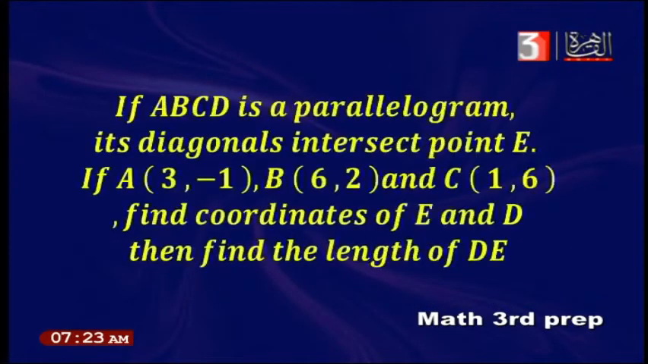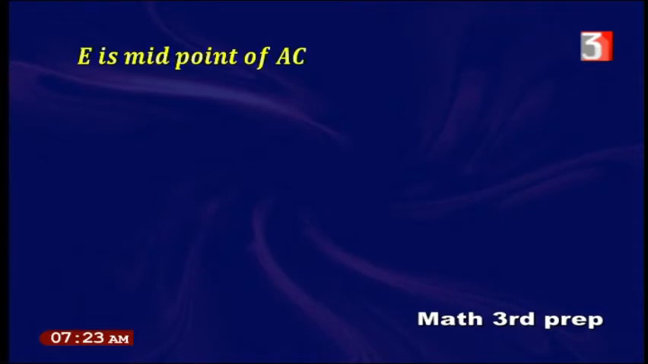Another example, if ABCD is a parallelogram, its diagonals intersect at E. If A equals 3 and negative 1, B equals 6 and 2, C equals 1 and 6, find the coordinates of the points E and D, and then find the length of DE. First of all, what about point E? It is the intersection point of the two diagonals, and it means that the point E is a midpoint of